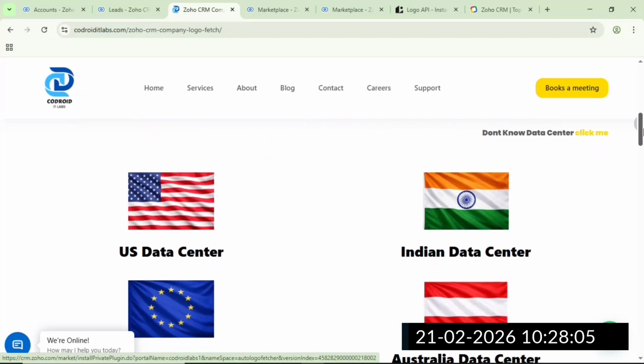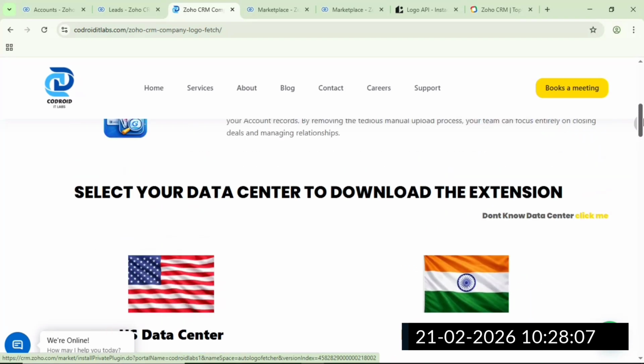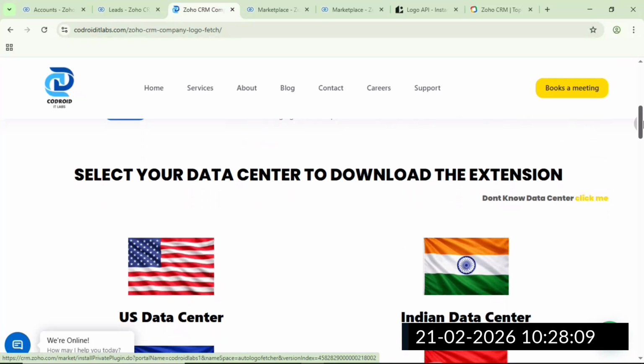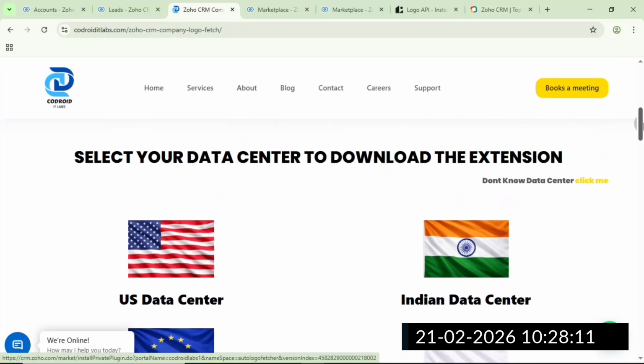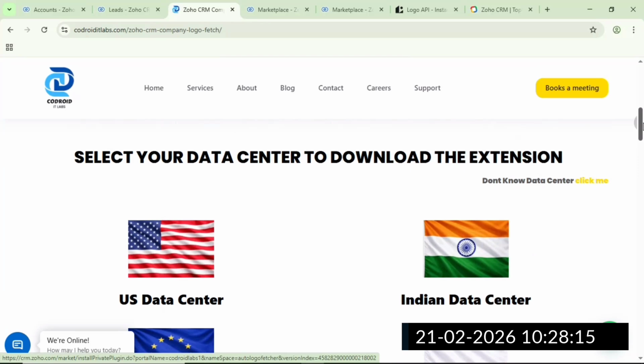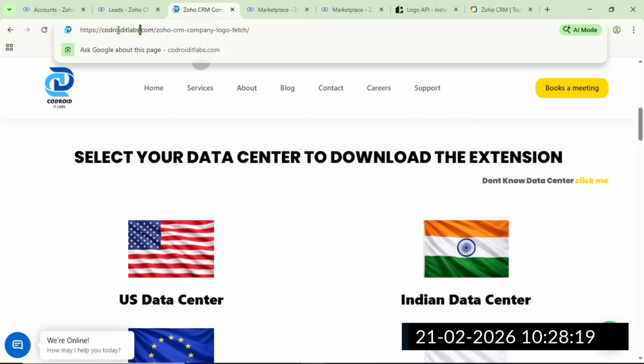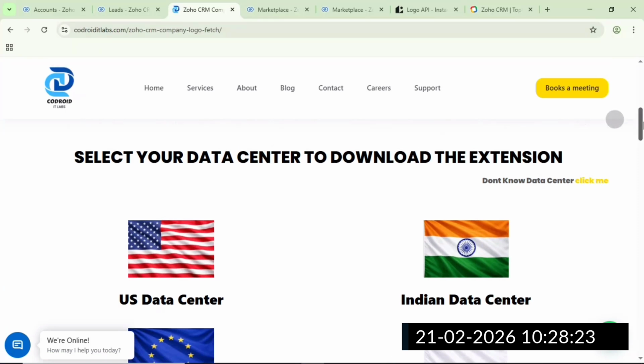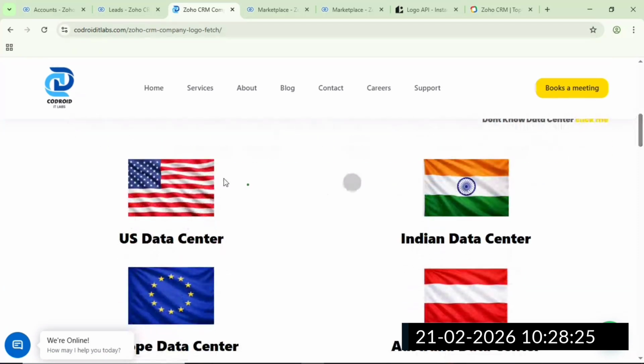So we have multiple data centers here. Based on your data center, you can select any flag. If you don't know your data center, if you have a .com, that's a US data center. If you have .in, this is an Indian data center. That's very simple. In my case we have a US data center, so I will click the US data center, and then it's showing me